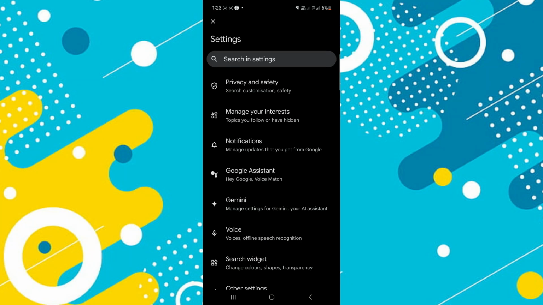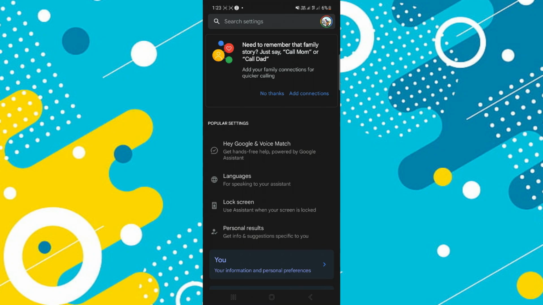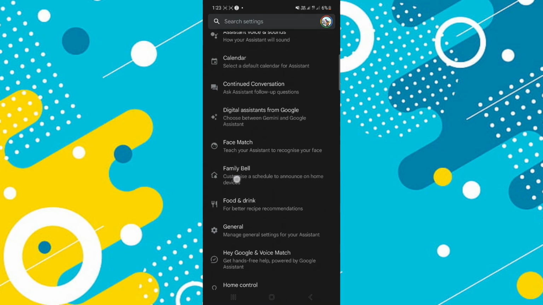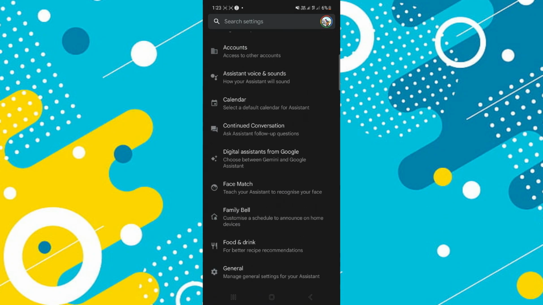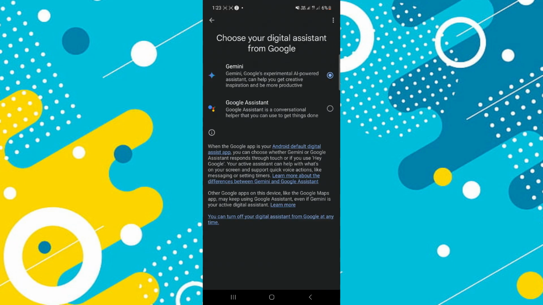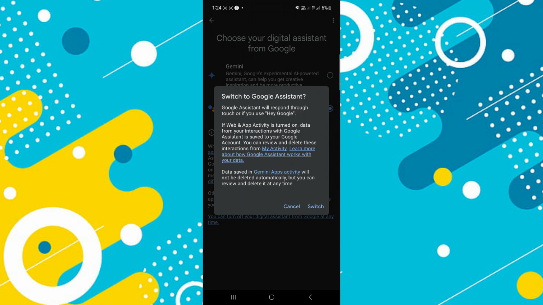Next, access the Google Assistant tab and scroll down a little bit. Here you'll see a section called Digital Assistants from Google. Open this feature. Inside, you'll see the current digital assistant you're using, which is likely Gemini. To switch to the regular Google Assistant, simply tap on the Google Assistant option and then tap on Switch to